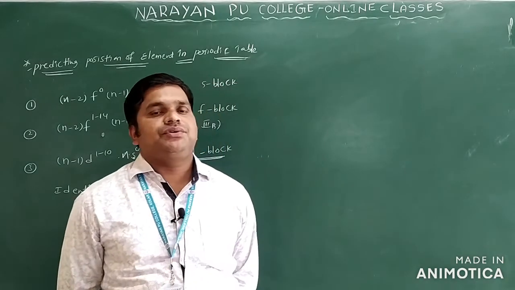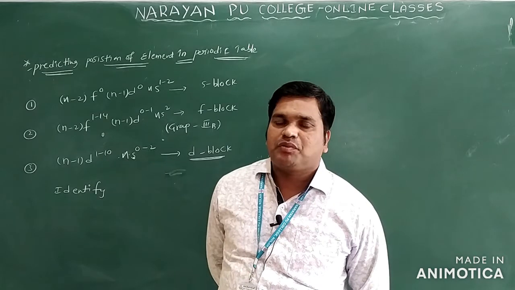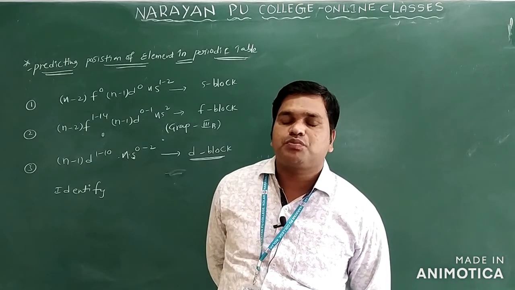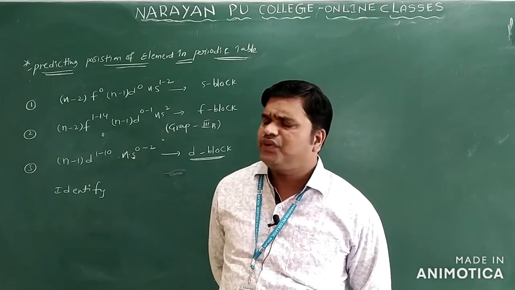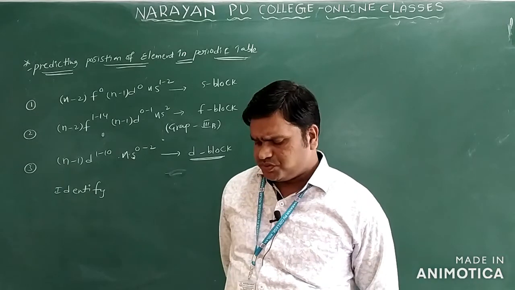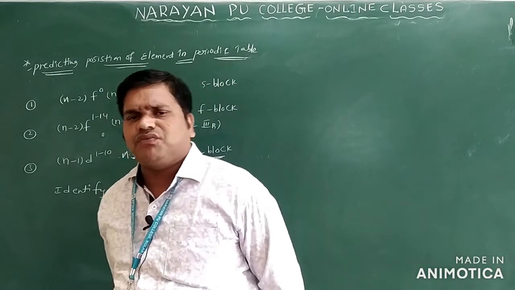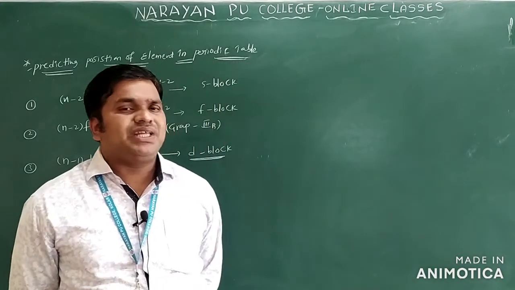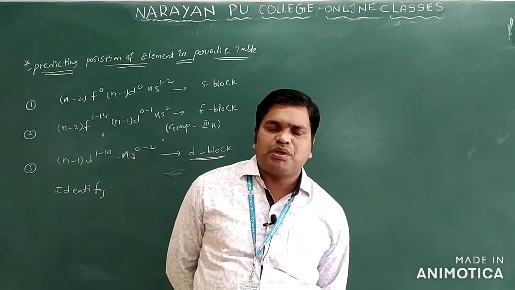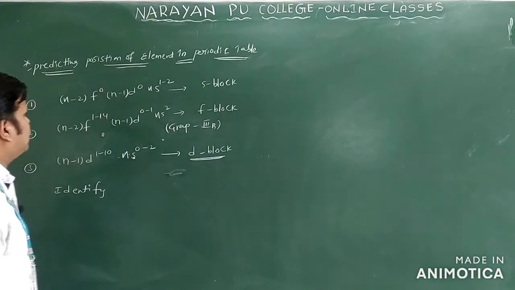In the previous episode, we already discussed how to identify the group number and position of an element in the periodic table, meaning which period it belongs to, which group, and which block also. In today's episode, we will see some examples on this, identifying the element in the periodic table by observing the electronic configuration. We have to find out the period number, group number and the block also. Yesterday I already told you some of the points on it. Let us see one more point.